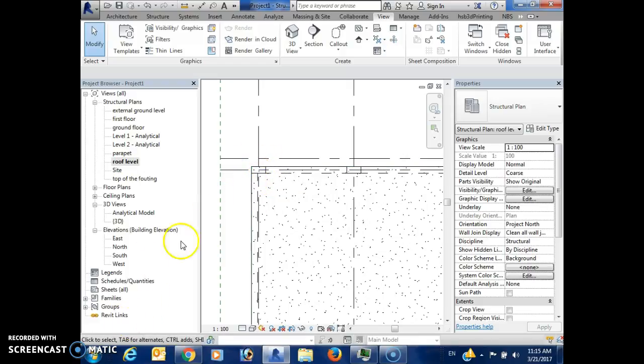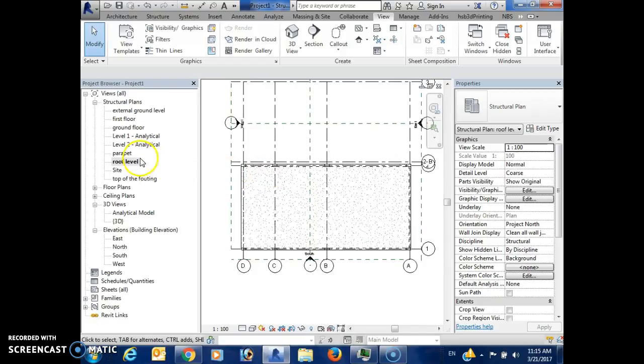Okay, I forgot one element. We have to do the parapet. So from the roof level, we are going to create the parapet. In this country, the parapet can be done two ways. What is more common? First way, 10 centimeters of concrete that grows from the beam, like a structural wall, or CMU walls. So if we want to create it with